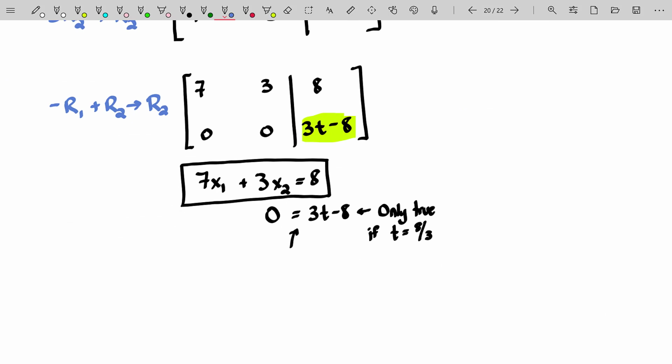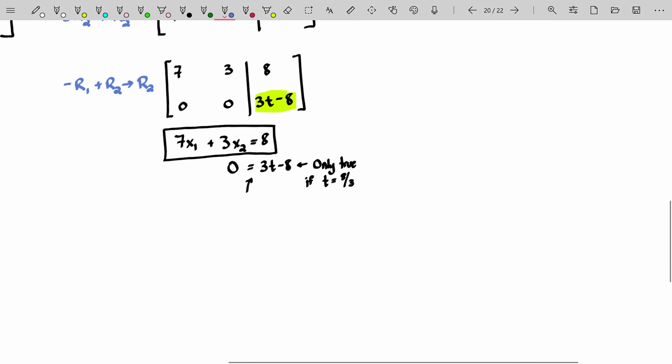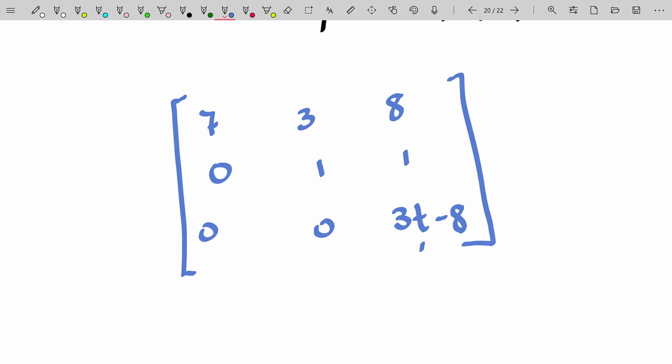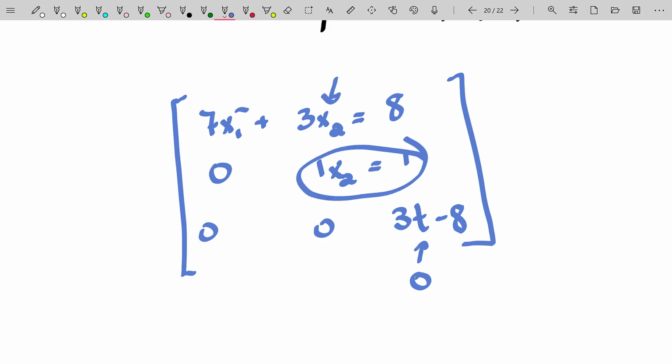However, if I changed this matrix to be, let's say, 3 equations and 2 unknowns, and we let t equal 8/3, that entry would turn into 0, yet you have 7x sub 1 plus 3x sub 2 is equal to 8. That's the equation of a line. But we also have x sub 2 is equal to 1. So we know what x sub 2 is. Plug that in here and you'll find out what x sub 1 is, and there is a single solution to that system. So just having a row of zeros does not mean that you have an infinite number of solutions. It totally depends upon the structure of the given matrix.